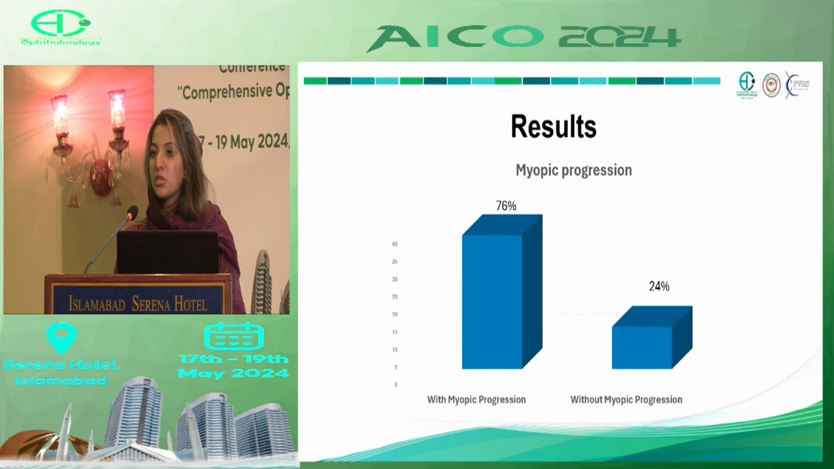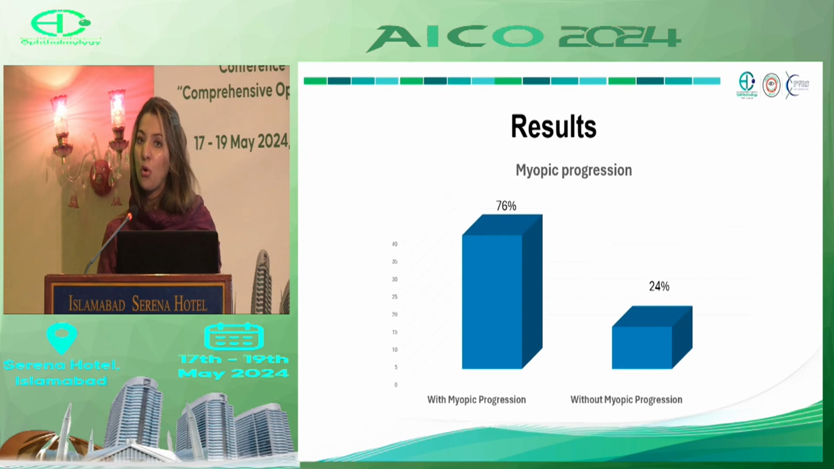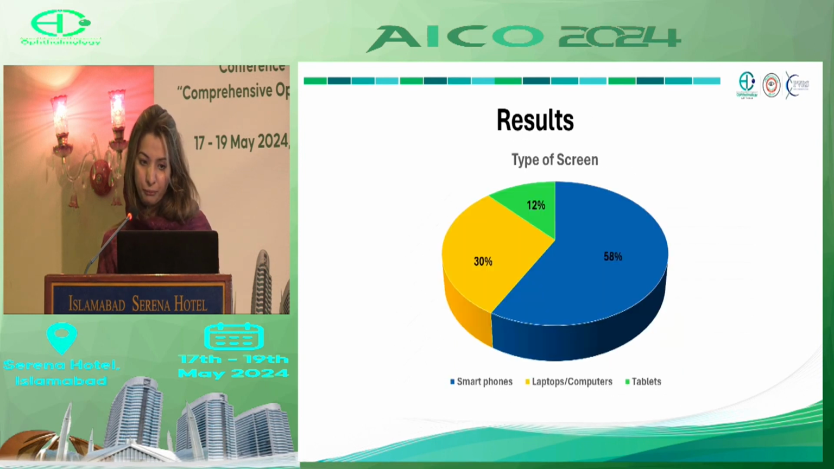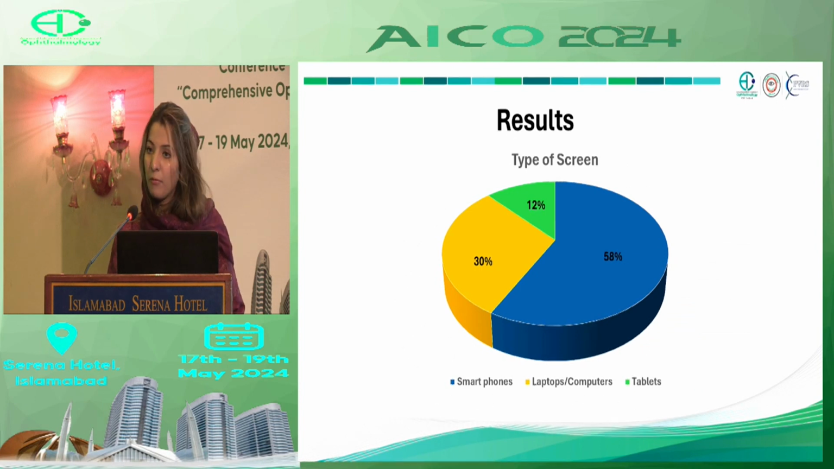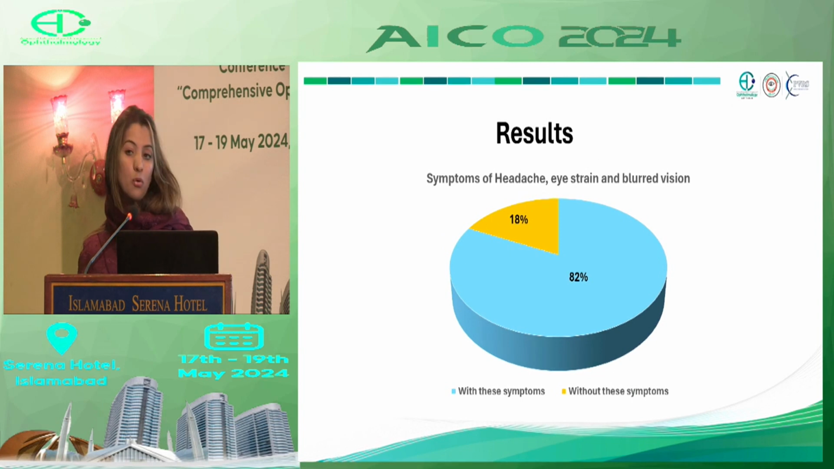Now, myopic progression, when we observe after an interval of 6 months, 76% of the individuals showed about a 1% increase in their myopic refractive error, and 24% showed no such significant progression. The type of screen that the individuals used: 58% were using smartphones, 12% were using tablets, and 30% were using laptop computers. 82% of the individuals showed symptoms of asthenopia, eye strain, headache, blurred vision, and 18% showed no